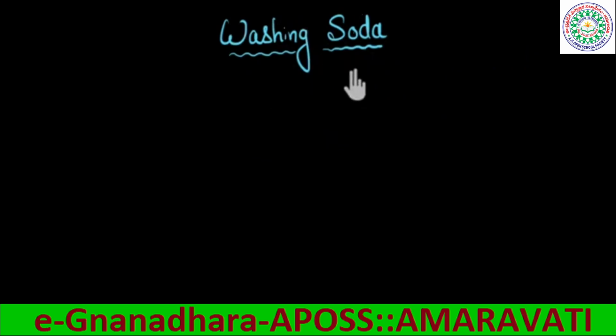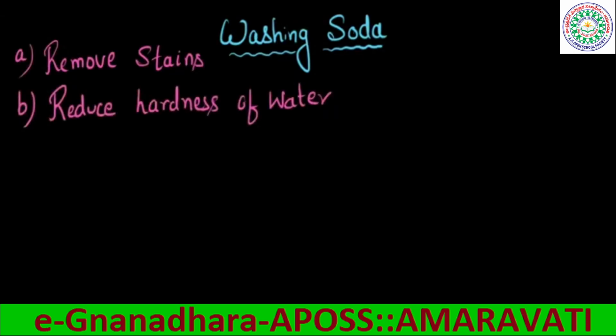Washing soda is commonly used for washing purposes. See, it can remove some tough stains from your clothes. And it can also reduce the hardness of water. Water can sometimes have some minerals dissolved in it, like magnesium carbonate or calcium carbonate or some other minerals. Now, these minerals can make it hard for soap to show its cleaning property. Soap would not be able to make foam when mixed in hard water, and that's why it would not be